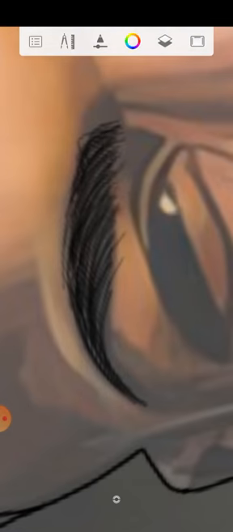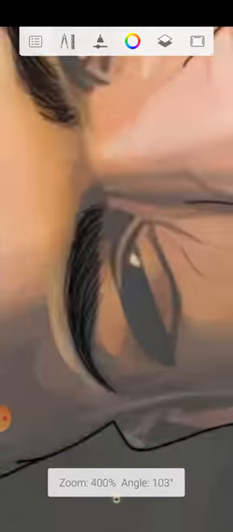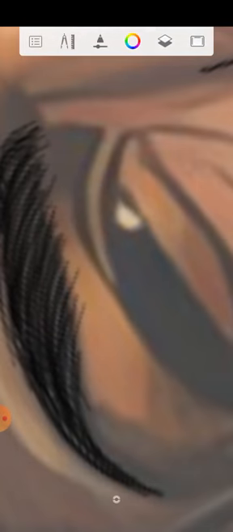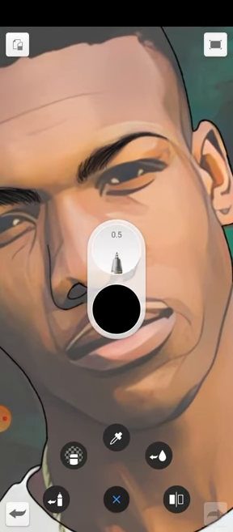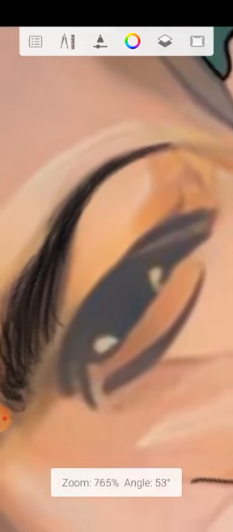So don't mind all this one going out. We're still coming to that. Okay. So after that, you increase your brush to 0.8 again. Then for the eye,